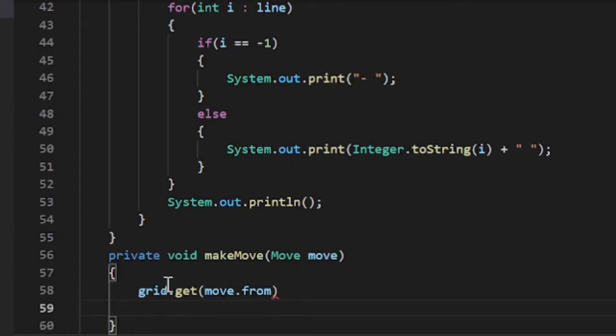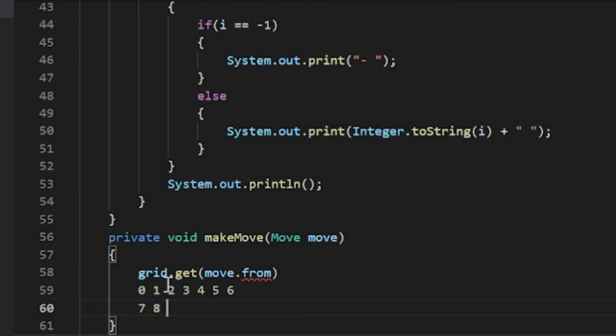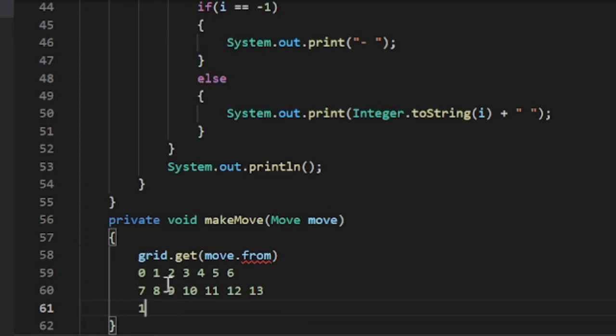Let's try to understand how each one of these locations is actually represented on the board. It's called 0, 1, 2, 3, 4, 5, 6. Then the next row will be 7, 8, 9, 10, 11, 12, 13. The next one will be 14, 15, 16, 17, 18, 19, 20, and so on. So this is the way we are going to be representing the entire grid. Which means if I want to reference this particular location, this is in row number 2, column number 1,